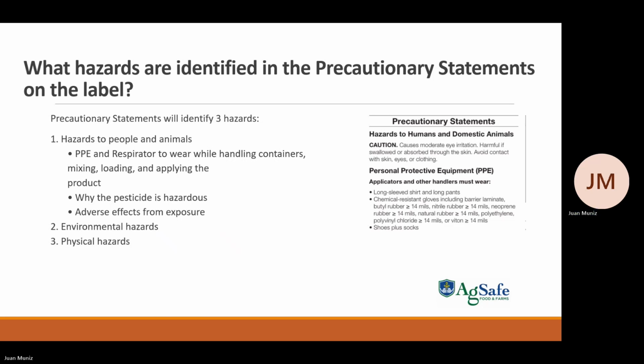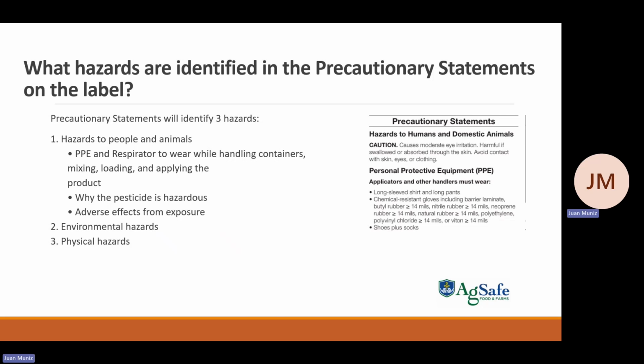Causes moderate eye irritation, harmful if swallowed or absorbed through the skin. Avoid contact with skin, eyes, or clothing. So it tells us that is an irritation to the eyes, and it may be harmful if swallowed or absorbed through the skin. And then it tells us how to protect ourselves, and it has the personal protective